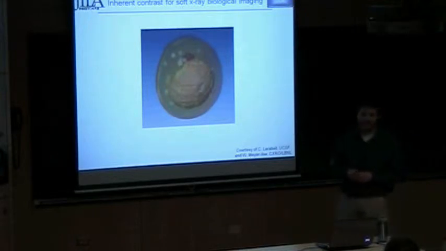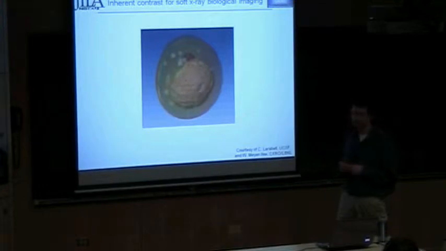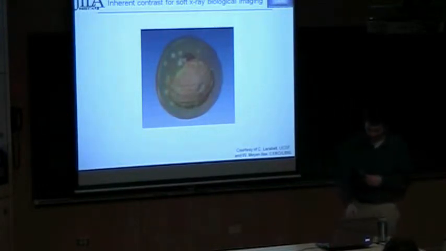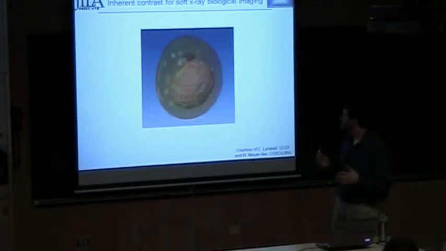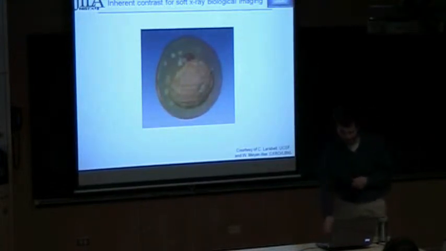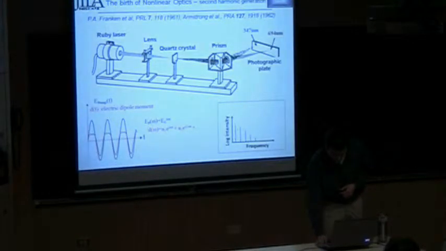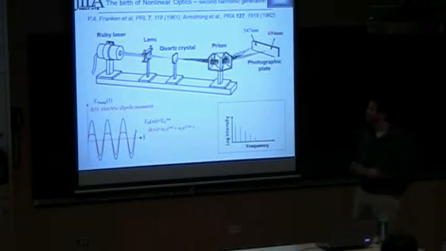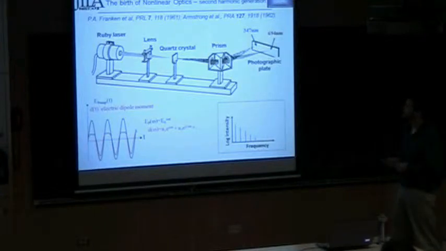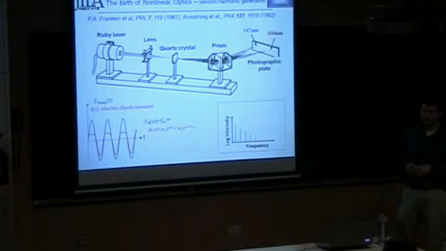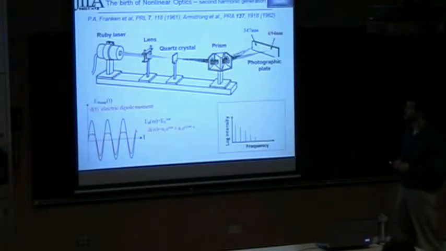The problem is most of the applications to date have been limited to large-scale facilities, such as synchrotrons, which have limited accessibility to users. And so we'd like to scale this down to a laboratory-type setup, which could potentially extend the application of this technique. And so the approach we're going to take is we're going to use nonlinear optics to convert our wavelengths to these very short wavelengths.